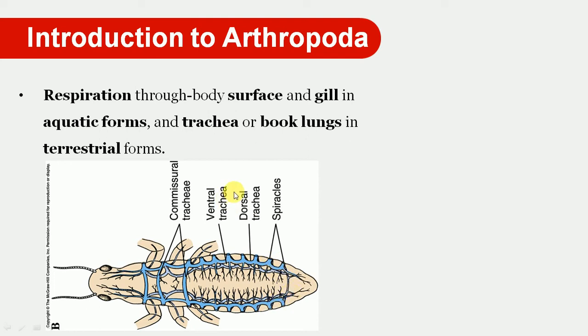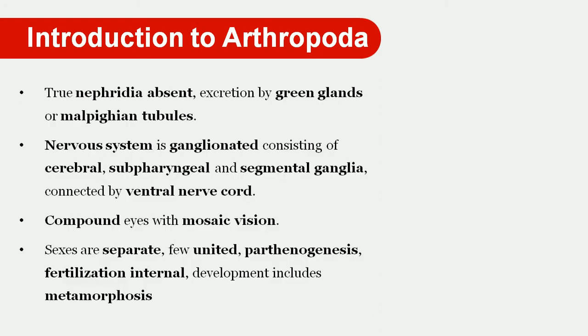Again, in these animals we can observe that in the excretory system the nephridia are absent, but excretion occurs. They have a very specialized gland in the body, known as the green gland, or in some animals they also have Malpighian tubules, and the Malpighian tubules act as a mechanism for the excretion of nitrogen waste products; unwanted waste products are removed from the body.